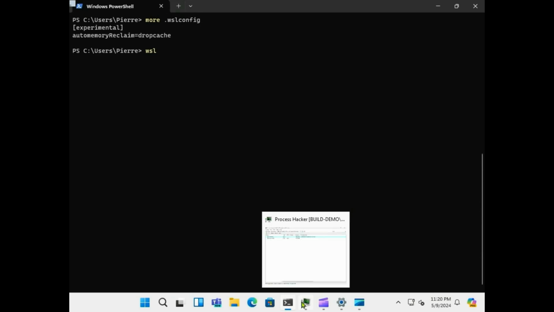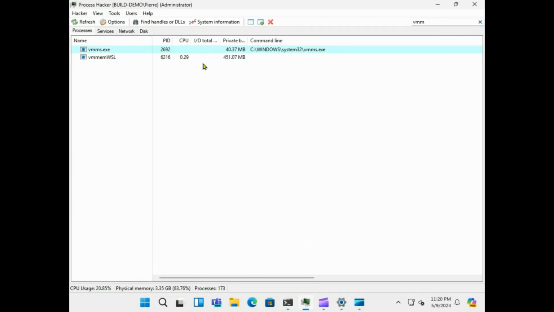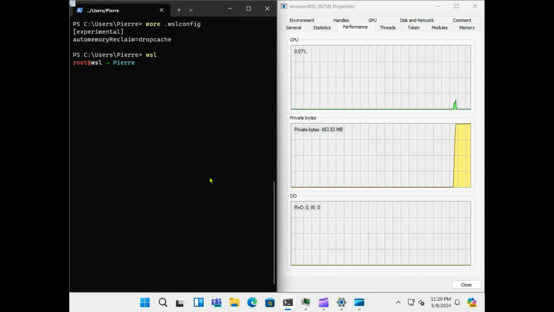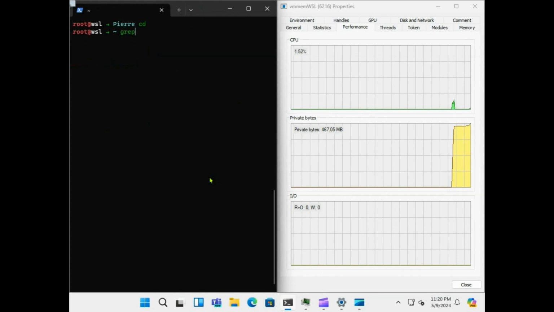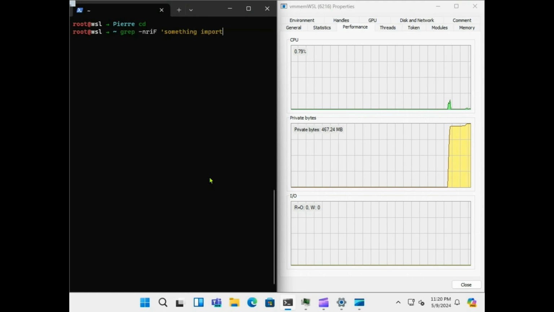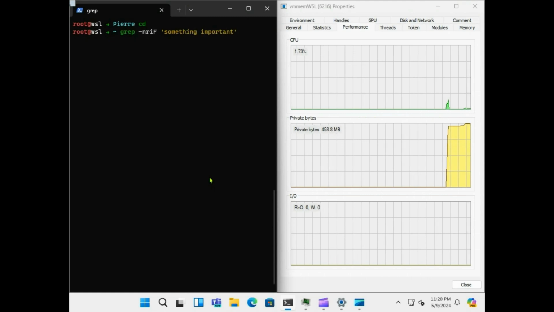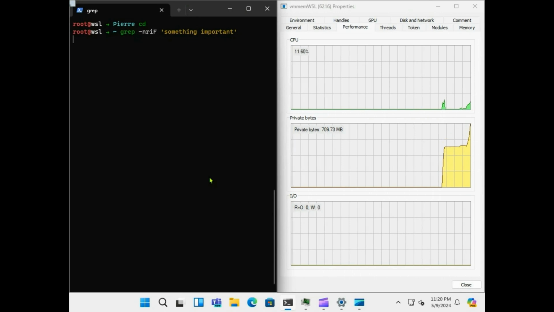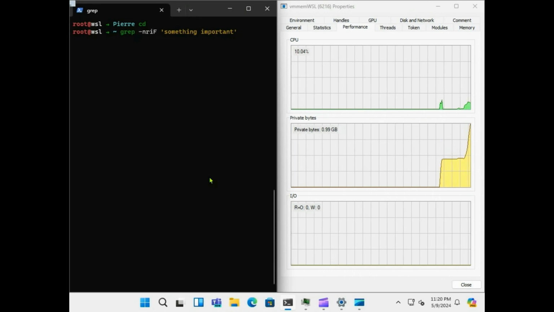And let's look at how auto memory reclaim works. So here we have a WSL config file with auto memory reclaim set to drop cache. Let's start WSL and look at the memory footprint of WSL on the machine. If we track the vmmem WSL process, which is the process that represents the WSL virtual machine, and we run a command that does a bunch of I/O, like a recursive grep in our home directory,